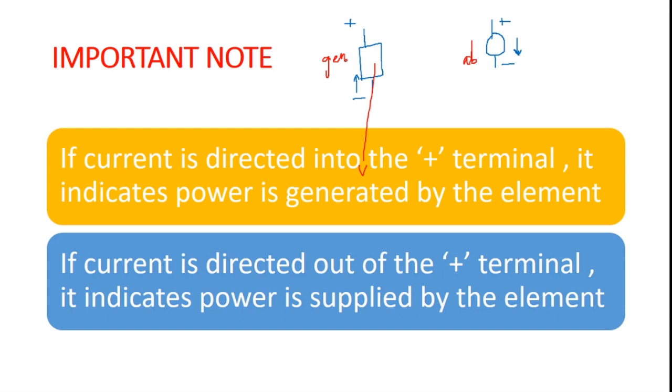I hope this point is very clear to you, because this point is important when we analyze the circuits in the upcoming topics and units. So into the positive terminal, this element will generate the required power. If it is out of the positive terminal, this will absorb the power and only the balance power will be supplied by the element. So always remember this, and that is why we say the arrow mark is very important when we represent current sources.